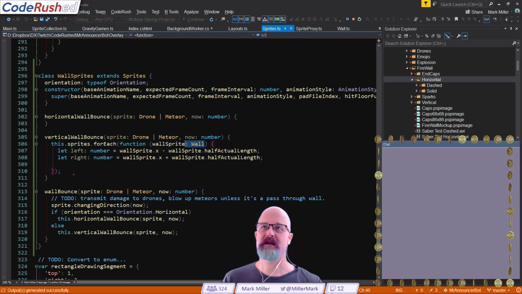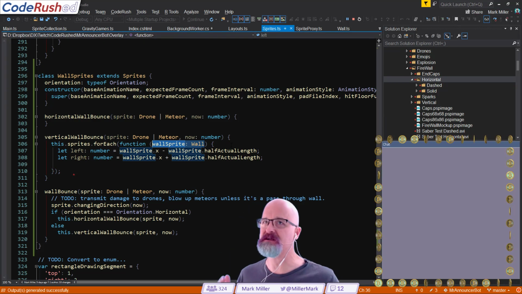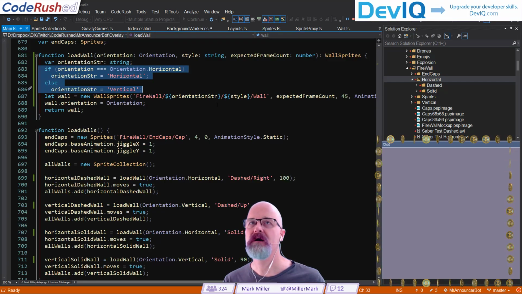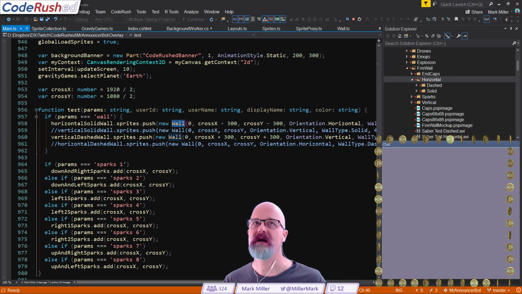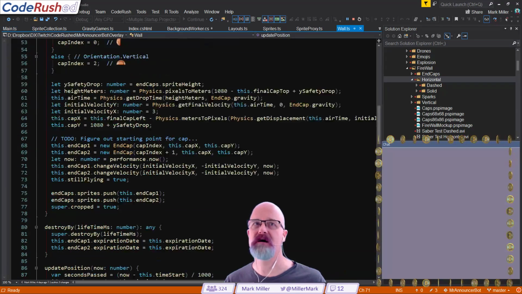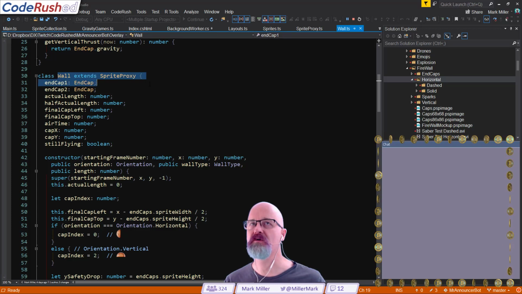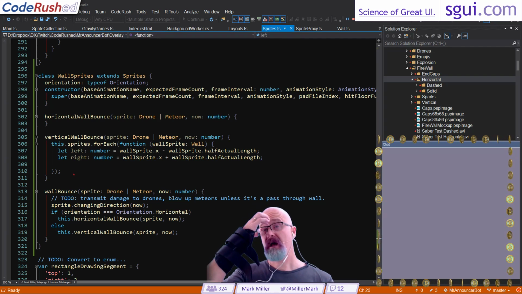Wall, I'm wondering, am I going to have a problem here, or is this going to be able to typecast automatically because I'm actually adding walls, which I believe is happening right down here. Push a new wall, right? That's what I'm adding in that list. And wall, as I said, extends sprite proxy. There it is right there. So there's proof. So I think this is going to work. It's going to be able to typecast well. And so